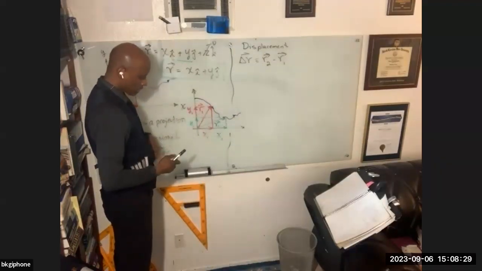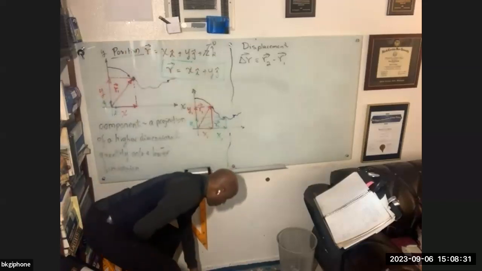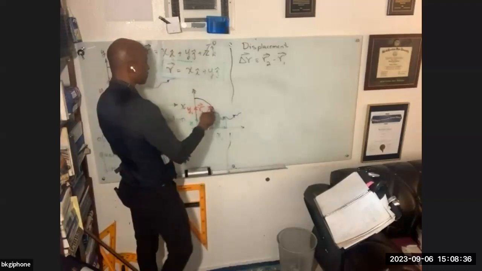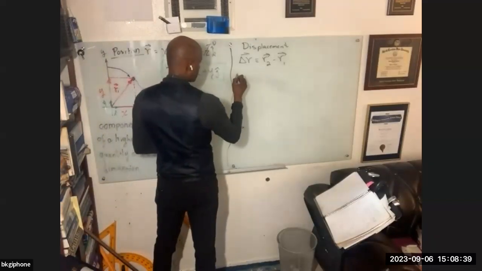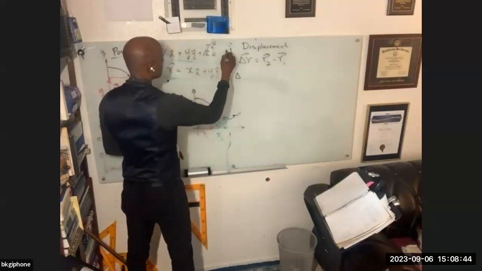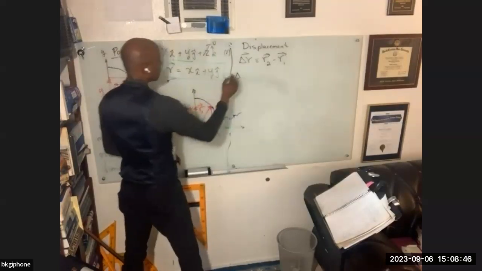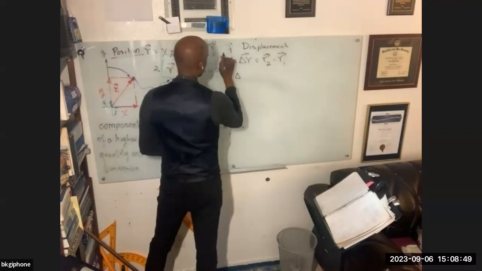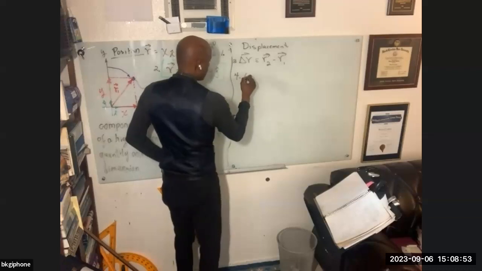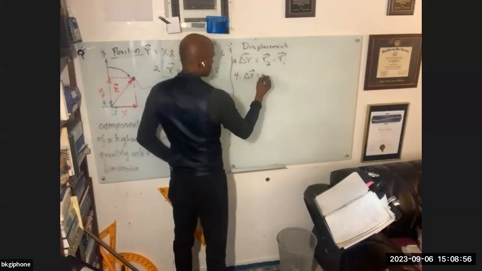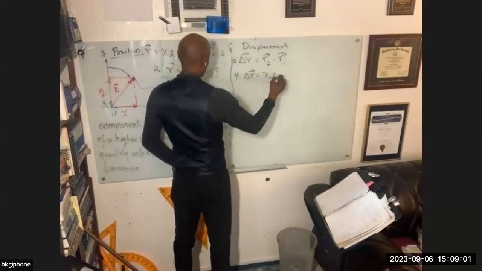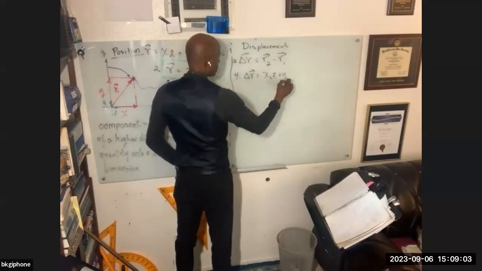Let's number the equations: equation 1, 2, 3, and 4. So delta R is equal to, well, R2 is going to be X2 I plus Y2